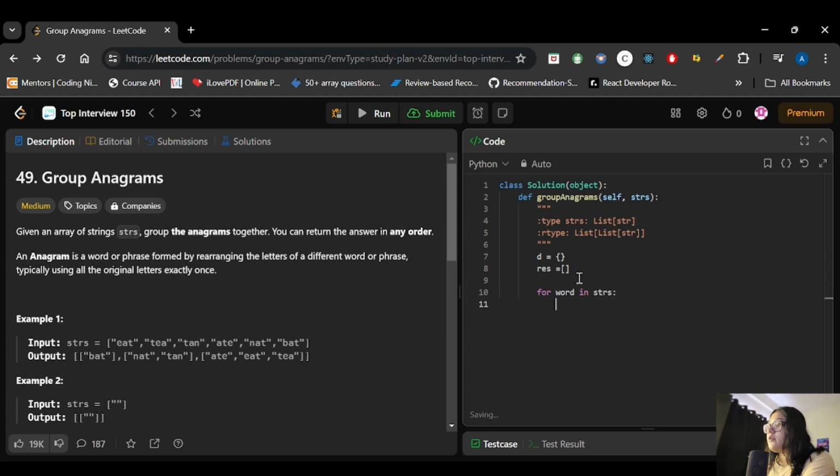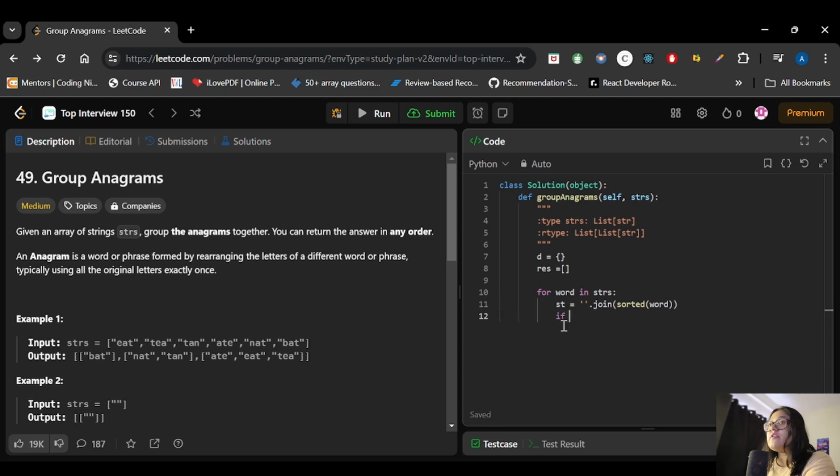Now what I will do, I will sort this. If I use sorted here, it will return the value in the form of a list, right? The characters will be sorted but it will be in the form of a list. So I will be using join here to convert this into a string. Now I have the string.